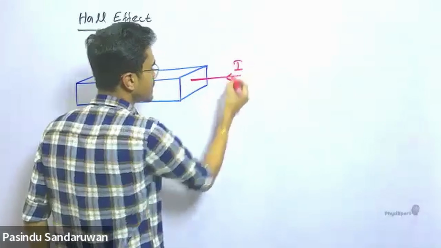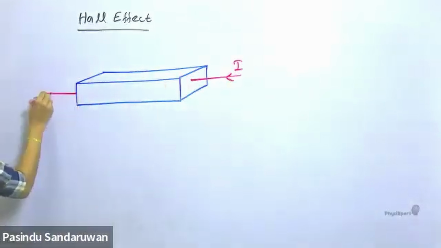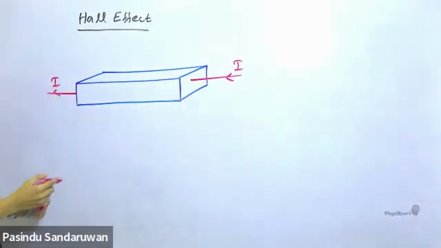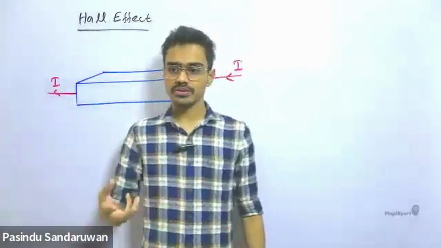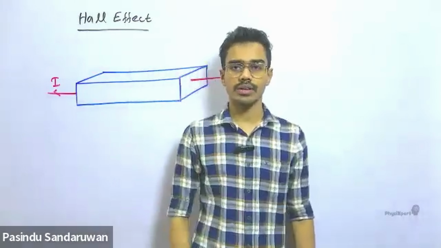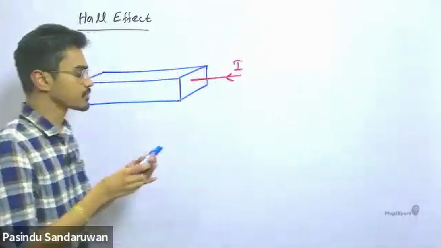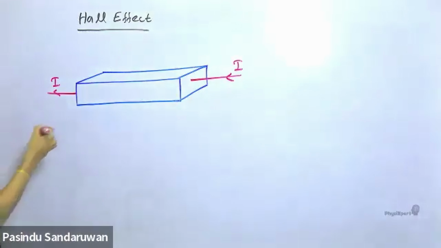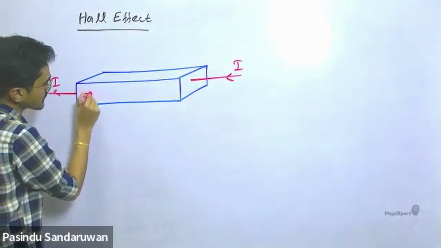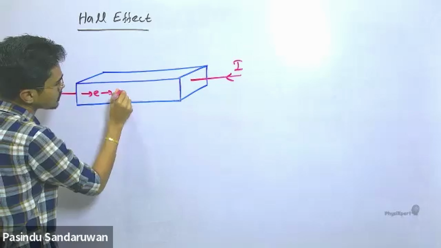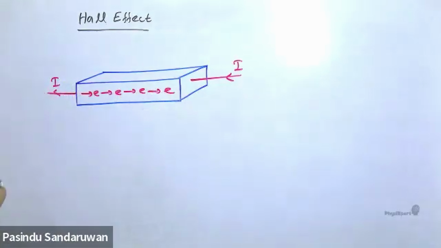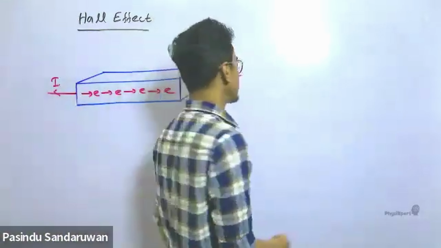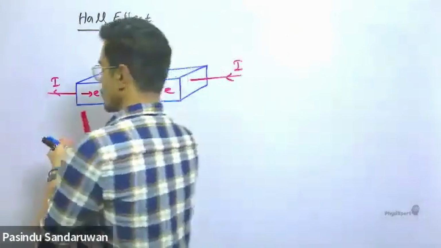It carries a current capital I in this direction, and we know the respective electron flow is in the opposite direction. The electrons flow in this direction like this. The current flows in the leftward direction, and the electrons flow in the opposite direction. Right. Now,